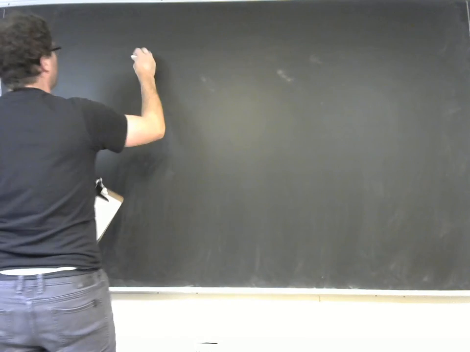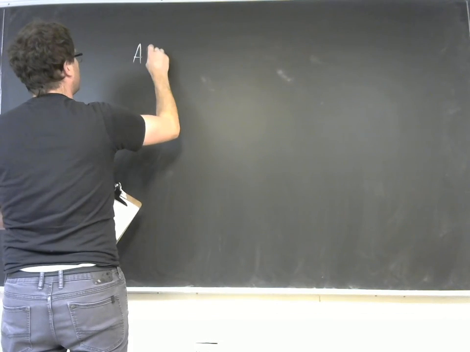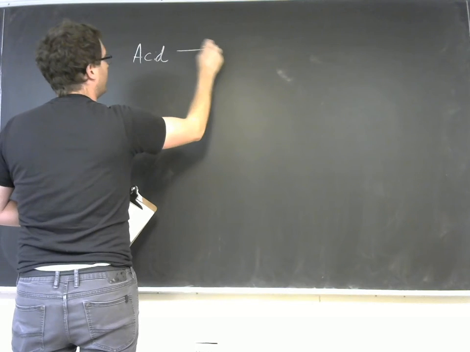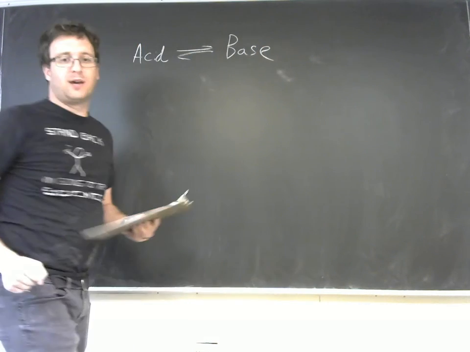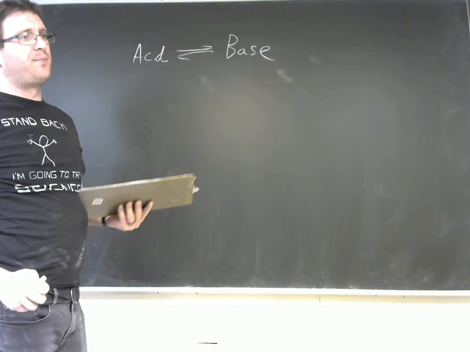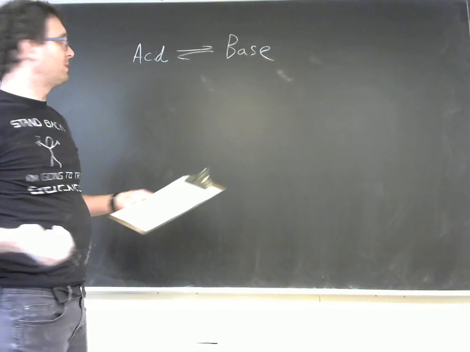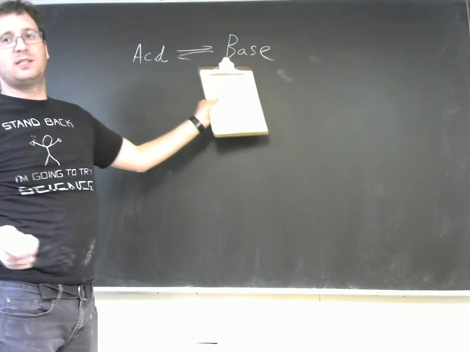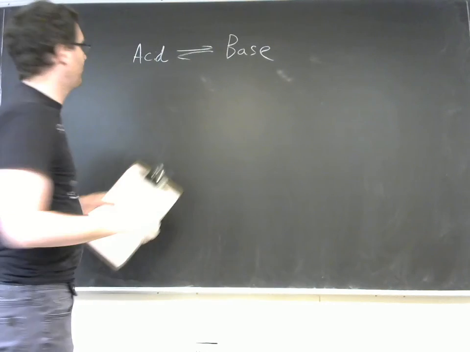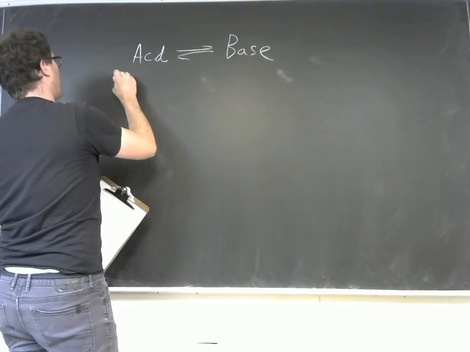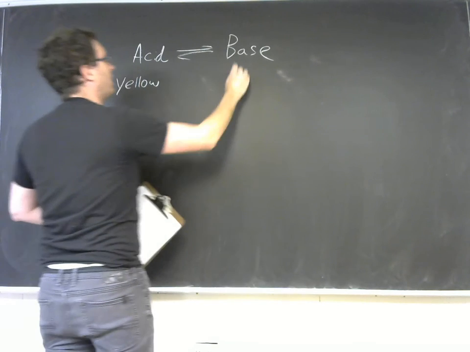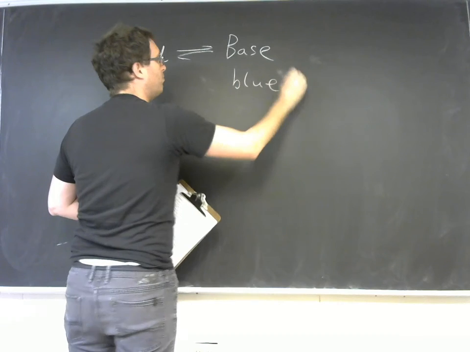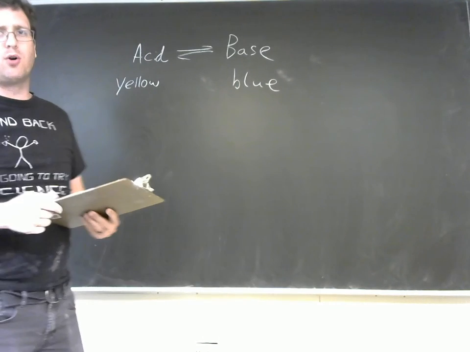And so there would be the acid and the base, and they are a conjugate pair. And what's special about them is that the acid and the base both have a color, and they're different colors. So sometimes you'll have one where the acid is yellow and the base is blue. So that's what bromocresol blue